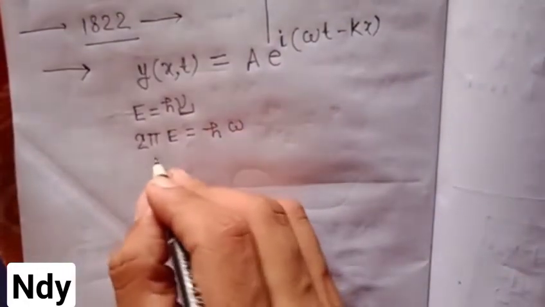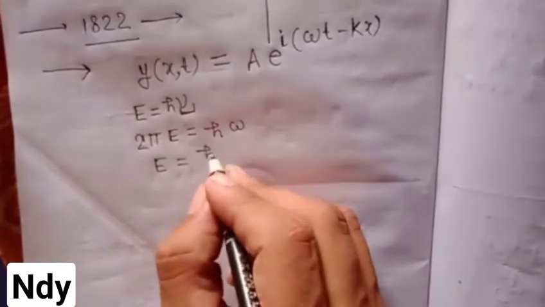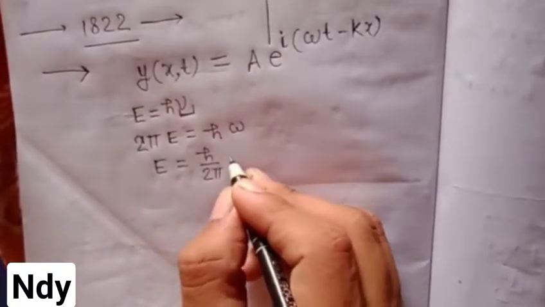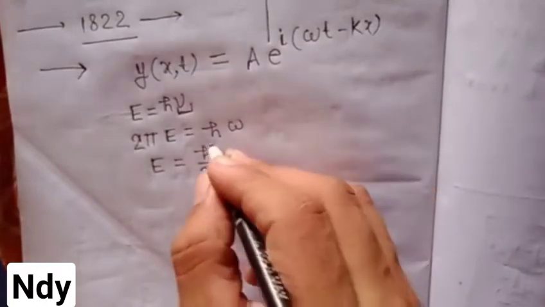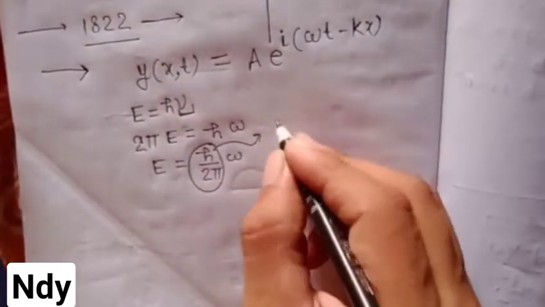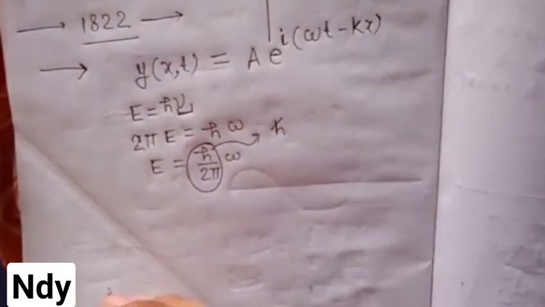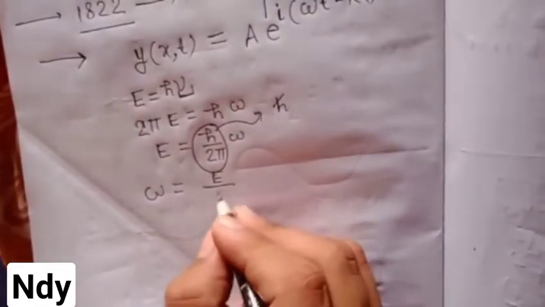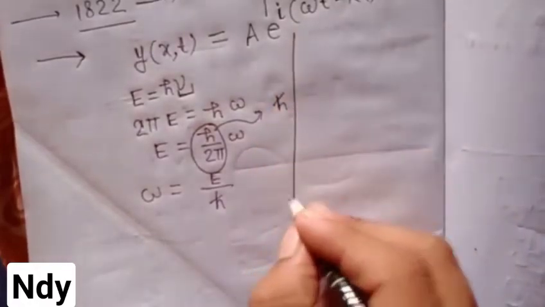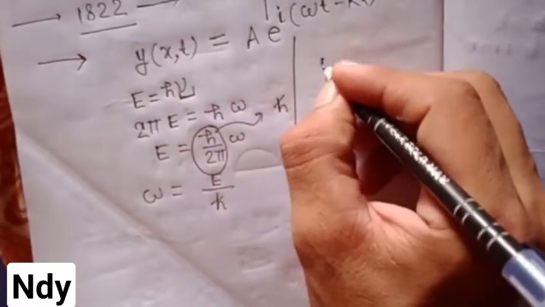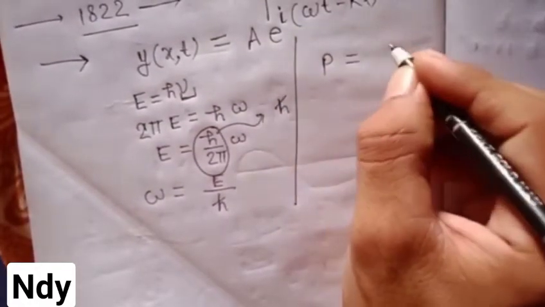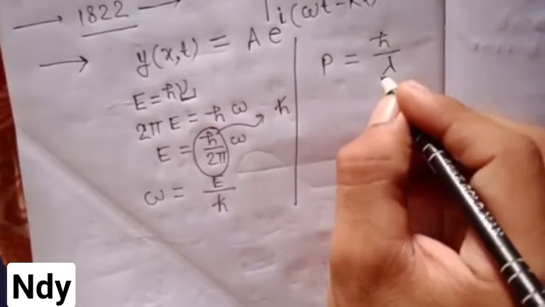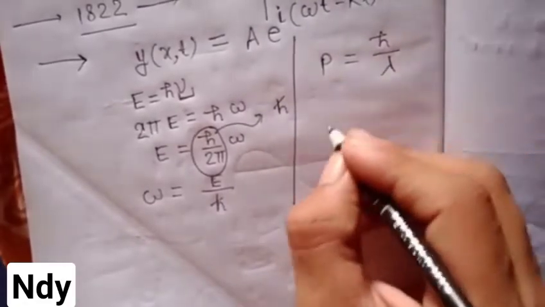So E is equal to h by 2 pi times omega, and we write this quantity as h cross. So omega is equal to E by h cross, and similarly, according to Louis de Broglie, p is equal to h by lambda. So from here we can write,